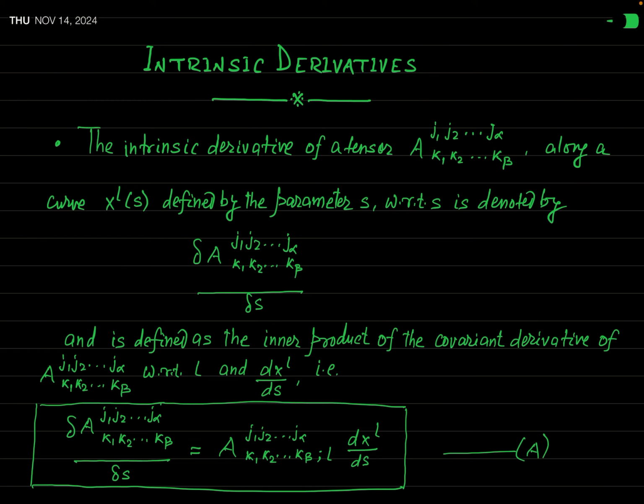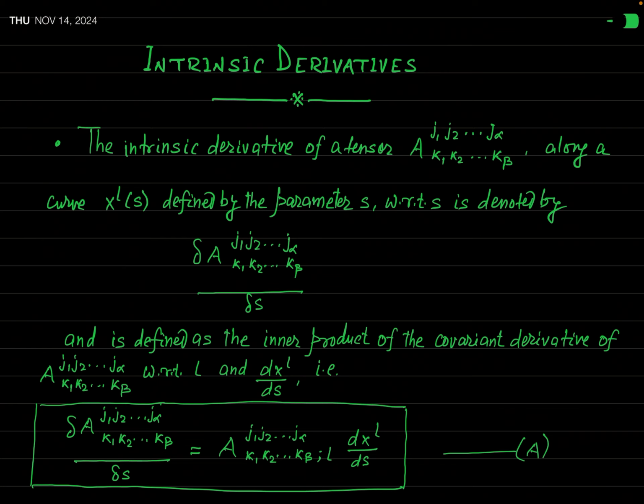Previously, we have learned to find the covariant derivative of tensors. Now, in today's very short lecture, we will see a process for finding the intrinsic derivatives of tensors. In fact, when you talk about the intrinsic derivative of a tensor, you should note that this derivative is always defined along a given curve. So how we can define the intrinsic derivative of a given tensor along a given curve, we will learn